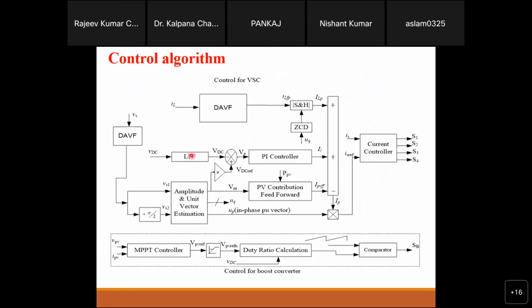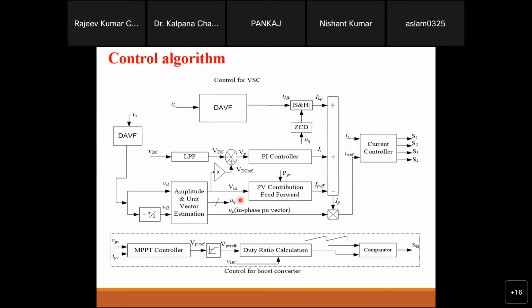For example, here, this is your load current, so you can pass it through one filter and generate the fundamental component. That fundamental component is this one, you can say ILP, the load current fundamental component. Then again, this is VDC, compare it with VDC ref and give it to the error, and this is one component. This is the loss component, similar to the previous one, the loss component for the DC link capacitors.